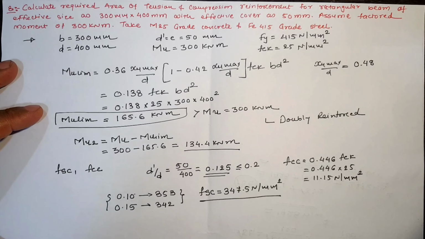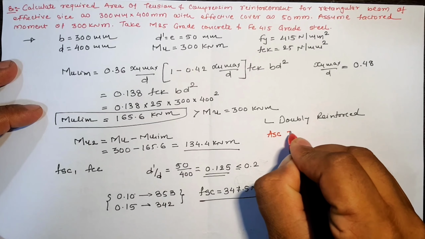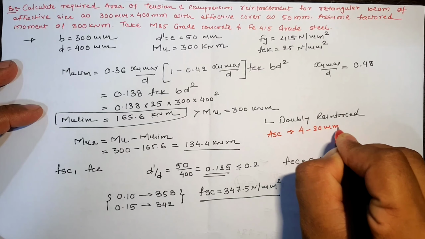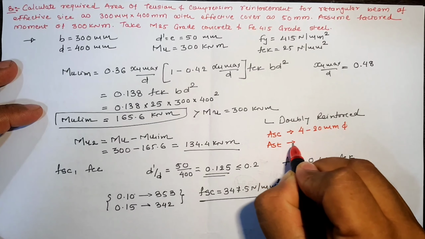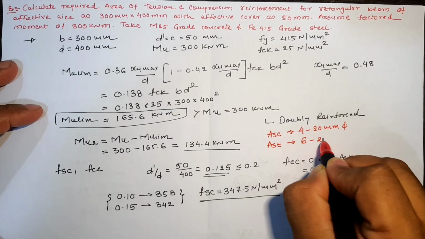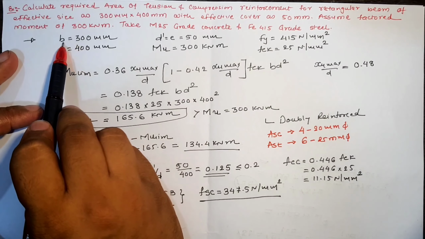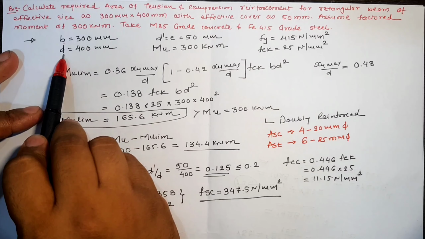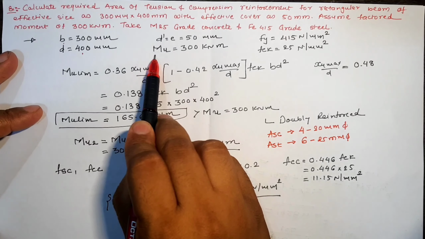So from the calculation we can say that the area requirement in the compression zone is 4 numbers of 20 mm dia bar, and area of steel required in the tension zone is 6 numbers of 25 mm dia bar for the size of the rectangular doubly reinforced beam as 300 mm and effective depth as 400 mm, while the total factored moment